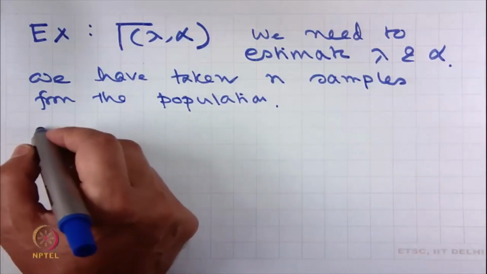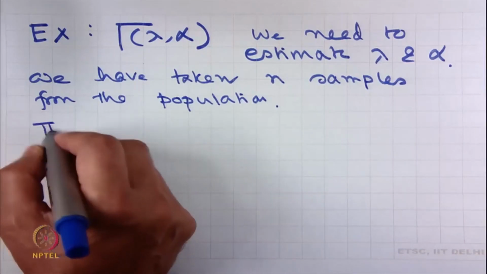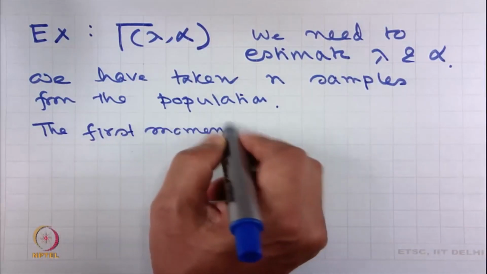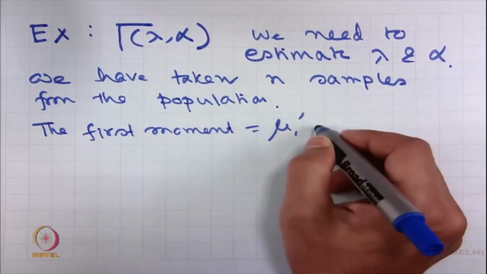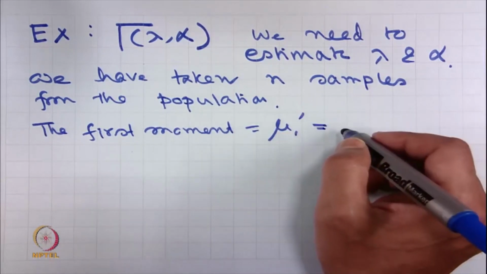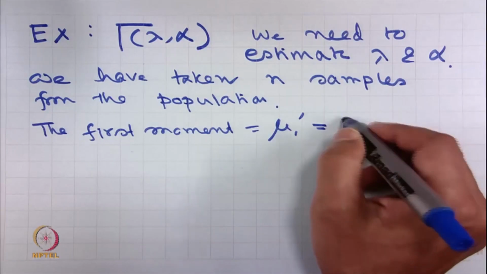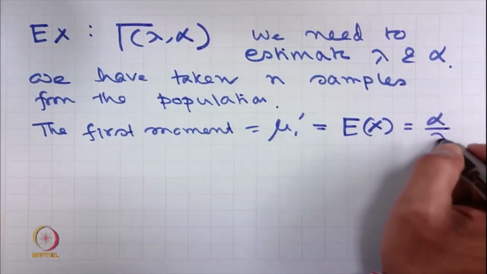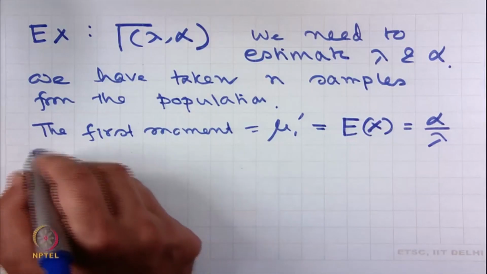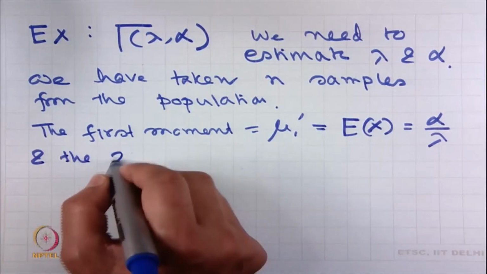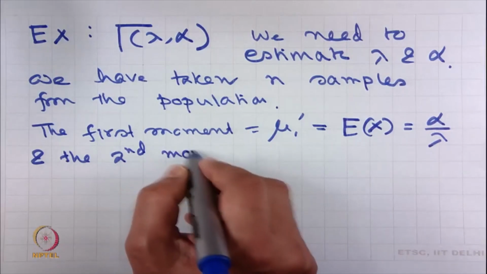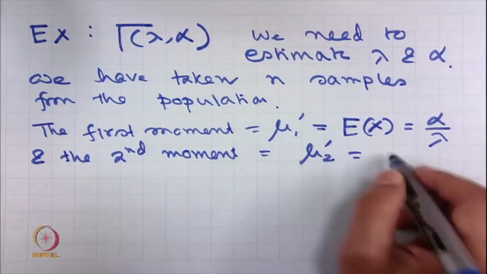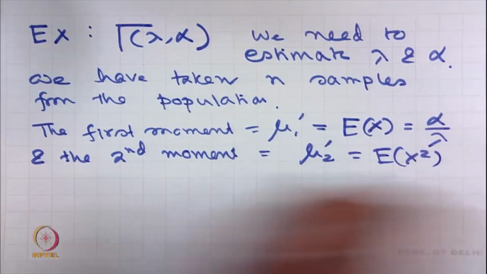Then what is the first moment? The first moment is mu 1 prime, and we know that for gamma, the expected value of x is equal to alpha upon lambda, and the second moment is mu 2 prime, which is the expected value of x square,